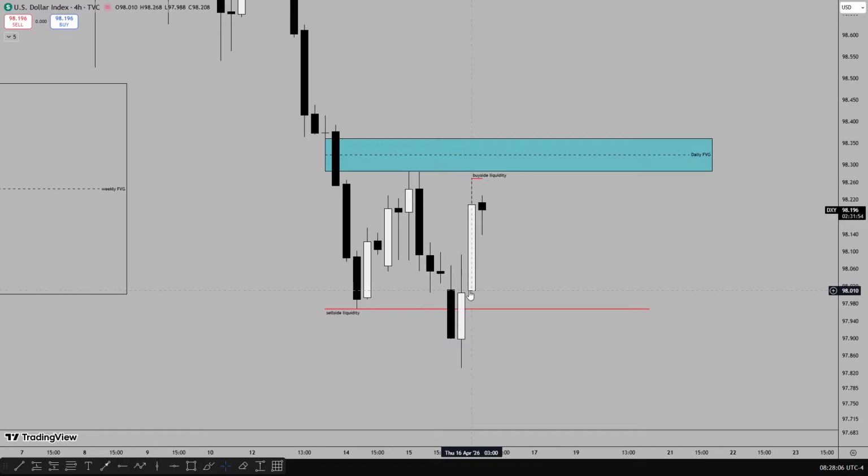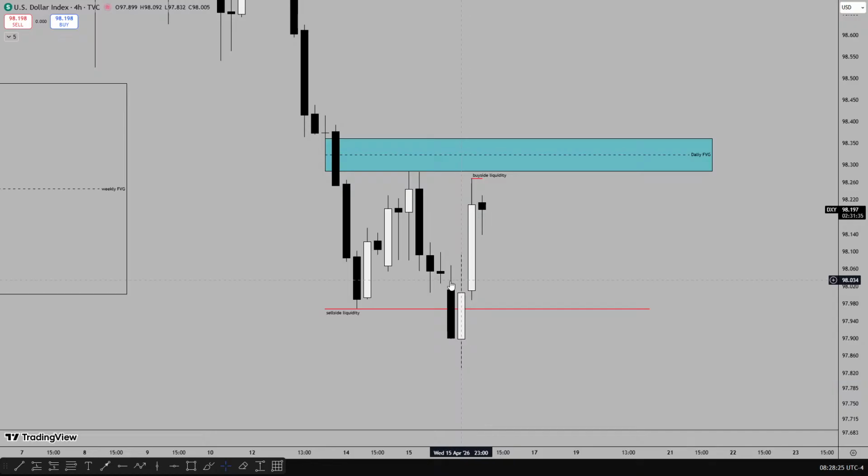Because when I'm looking at a 4 hour candle on Euro USD, I wait for the 3 a.m. candle. Those are the times where I'm not starting my London session from the 2 a.m. I like to wait for that 4 hour candle to close. Now, the 4 hour candle took out a sell side liquidity.